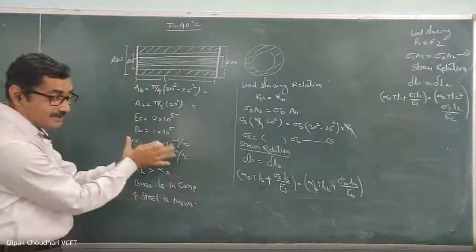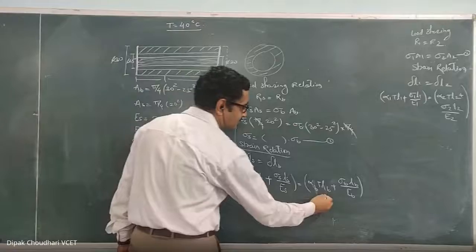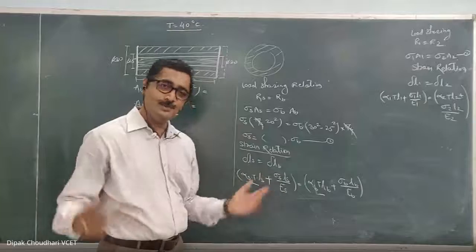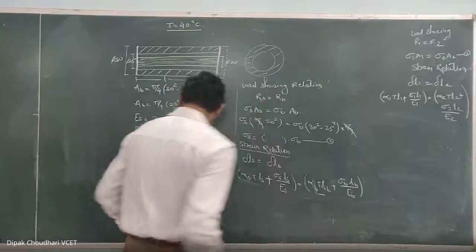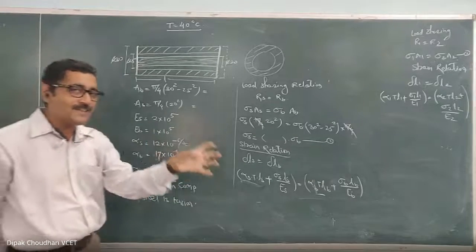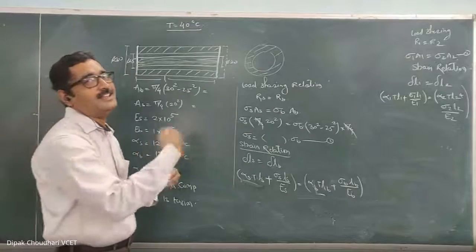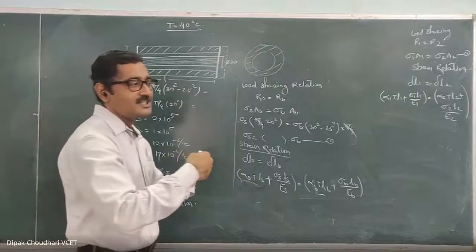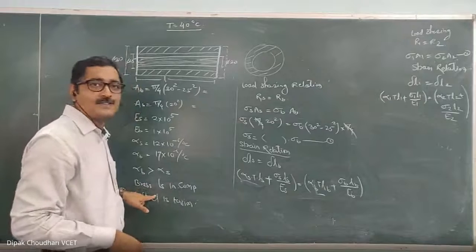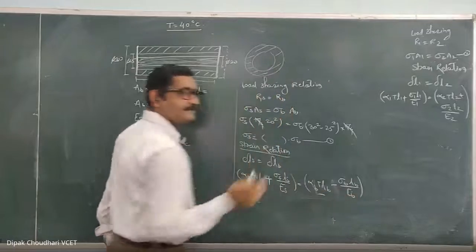Now I am rectifying it here. Listen to me. This is a rise in temperature. Rise in temperature means the change in length because of the change in temperature will increase for both, so both are positive, no question. Now about this term: the brass is in compression. The reactive force exerted on the brass is compressive in nature. Therefore, its final deformation will definitely be less than the free deformation. Free deformation is more, and some of the deformation will get reduced because of the axial compressive force in brass. And that's why this term will be negative, because the brass is in compression.